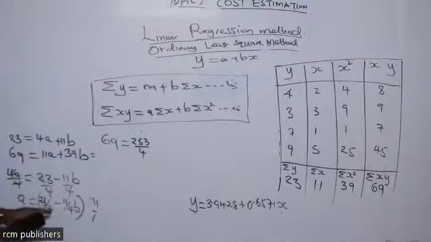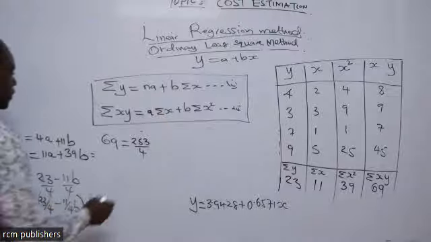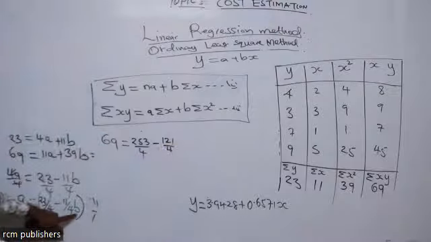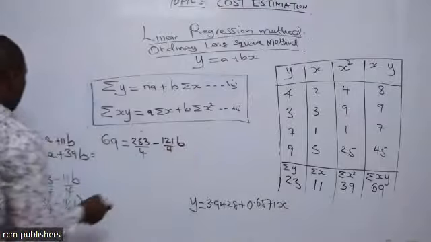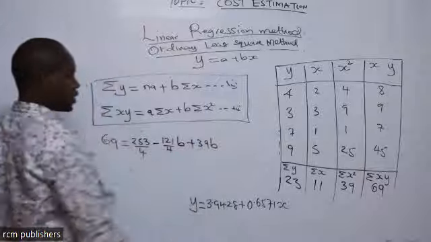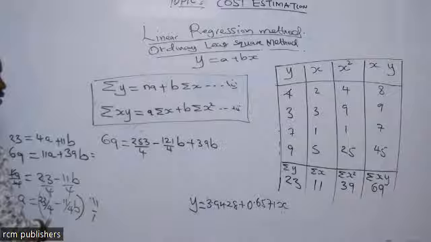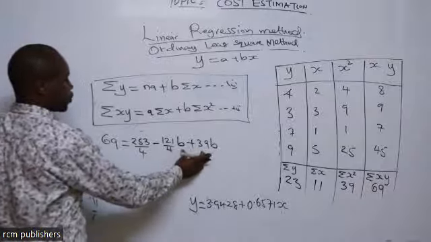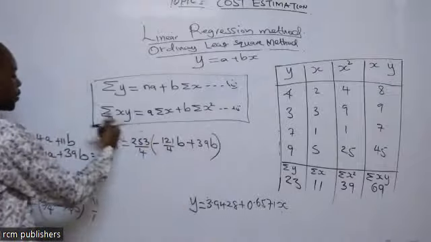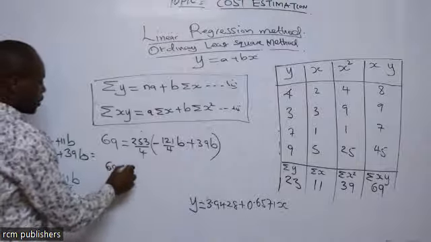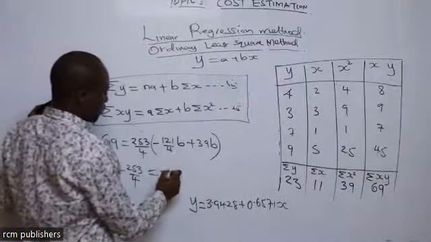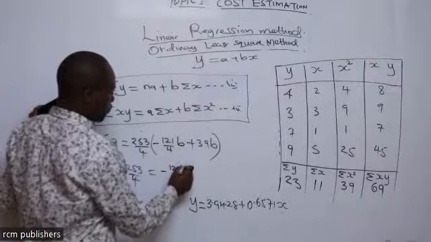Then minus 11 by 11, 121 over 4. But what is the value next to it? B. Then plus 39B. That's all. I've eliminated A. I now only have one unknown. So I collect like terms together. These ones here go together. This one crosses the equal sign to be minus. So 69 minus 253 over 4 is equivalent to minus 121 over 4